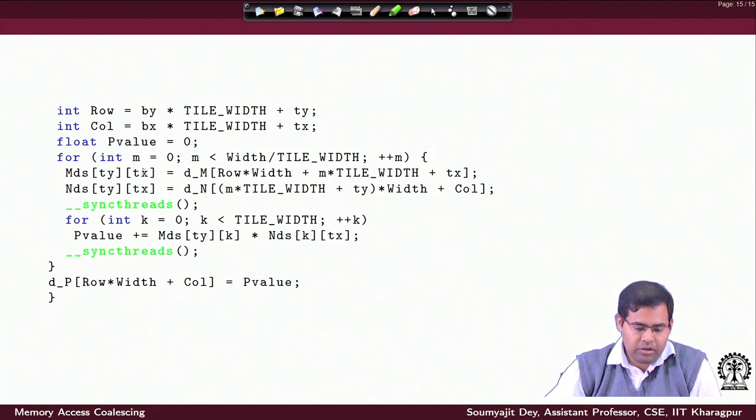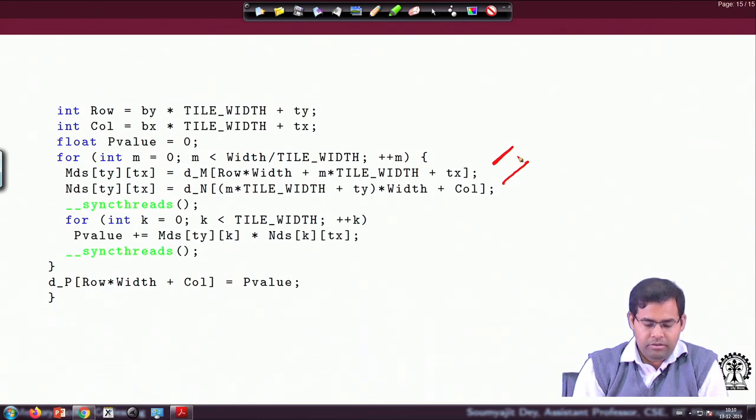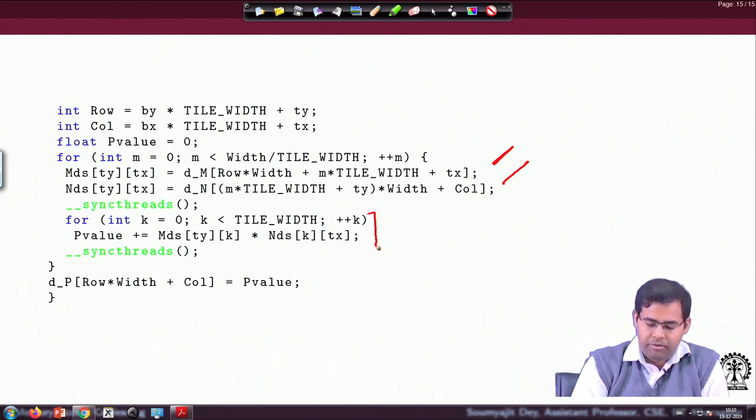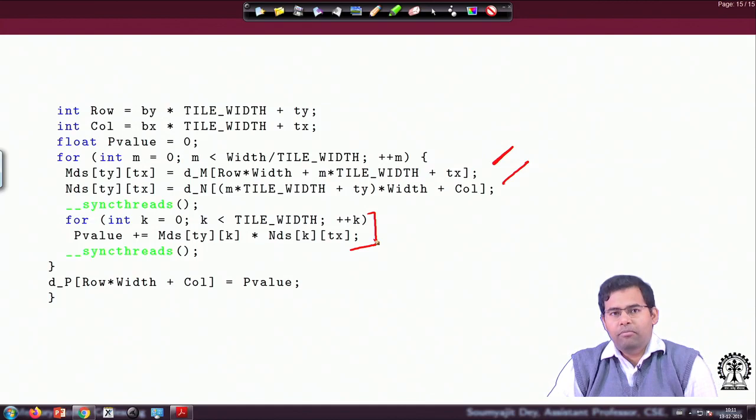So, I can now say that I have a clear difference here. All these loads are my global memory loads. But after that, all the threads are accessing data from the shared memory. So, all these accesses are going to be shared memory operations.